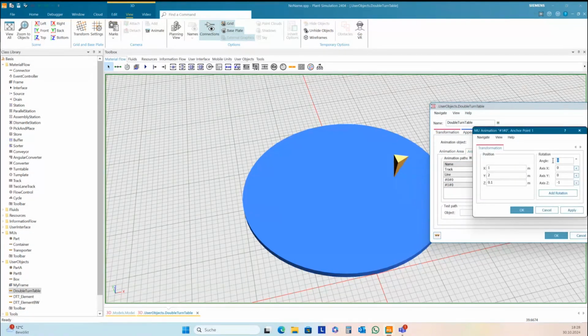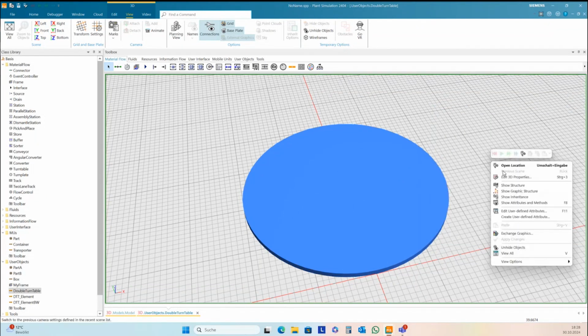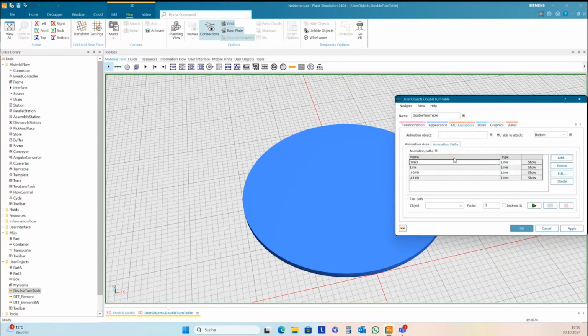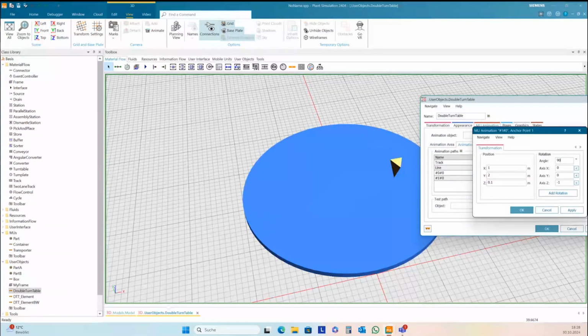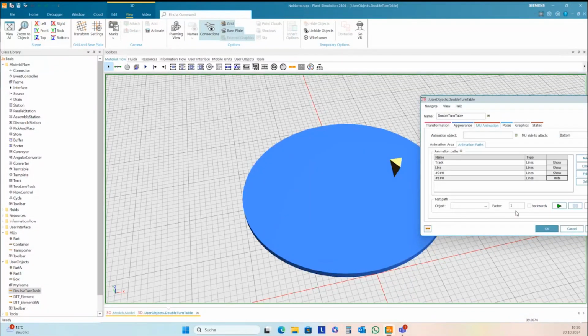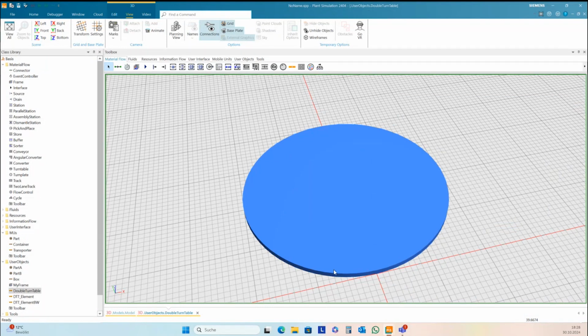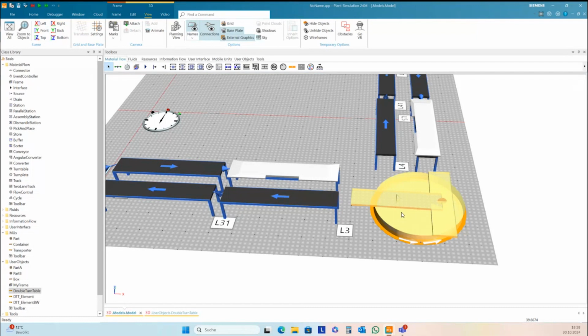You can set the rotation. I don't save the changes here.